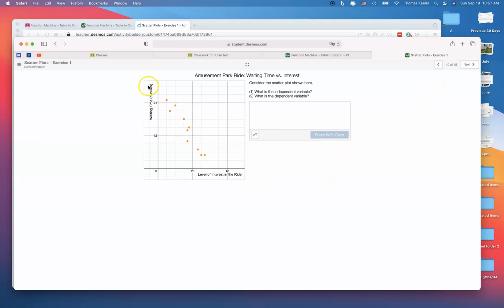Okay, so now we have one where we see that it's a negative relationship, right? So that as the level of interest in the ride increases, the waiting time